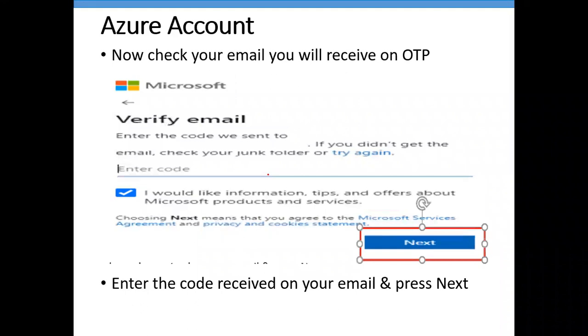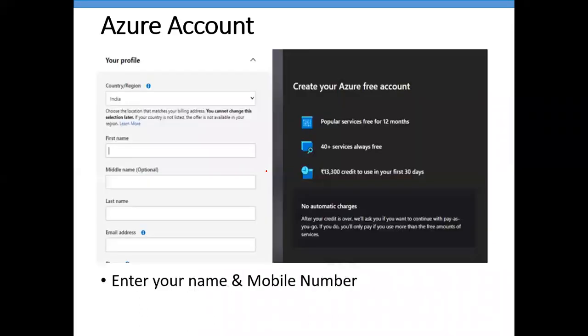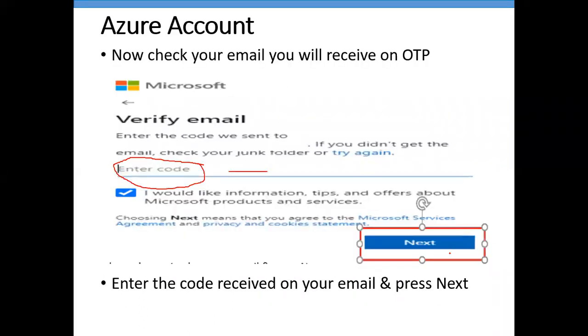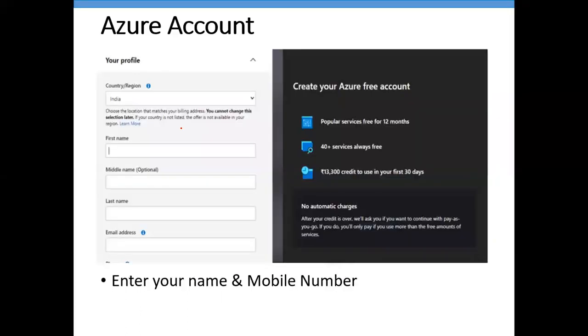Then you will get one OTP on your email. That particular OTP you have to enter here. After entering your OTP, you have to click on Next. When you click on Next, it is asking for your personal details. What details is it going to ask? Your name, first name, middle name, last name, and then it is again asking for your email ID